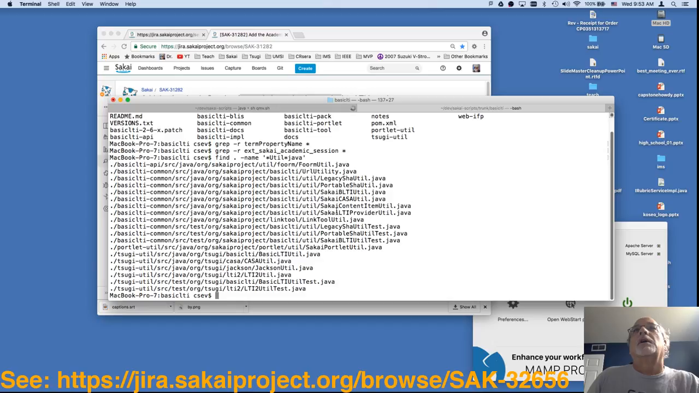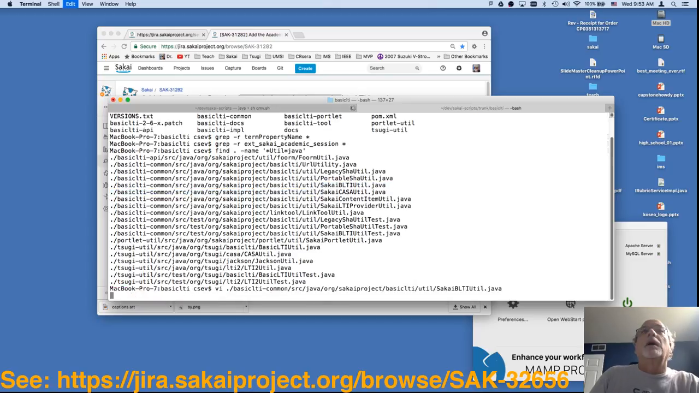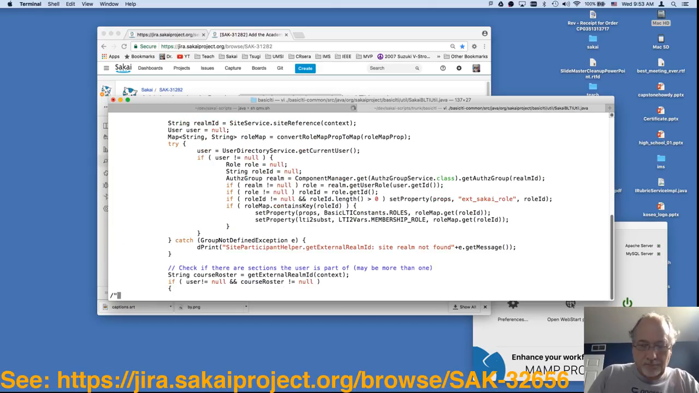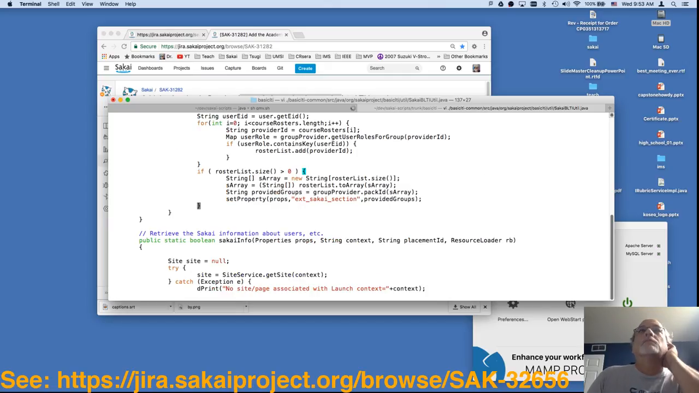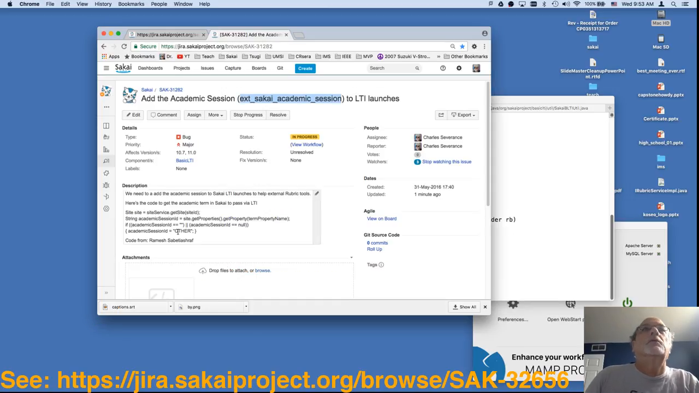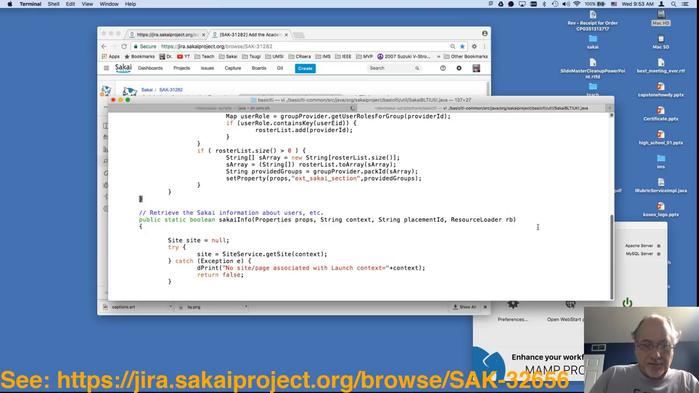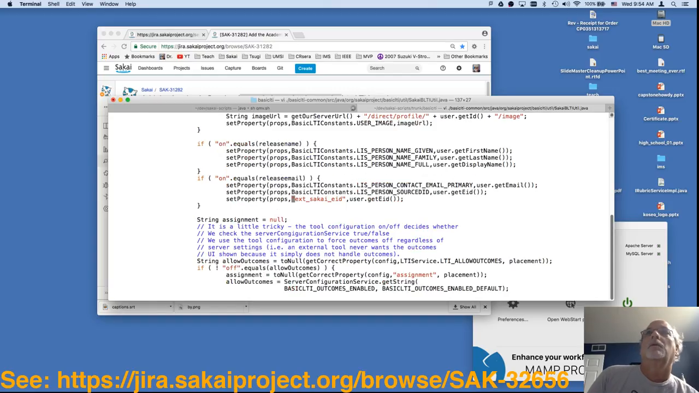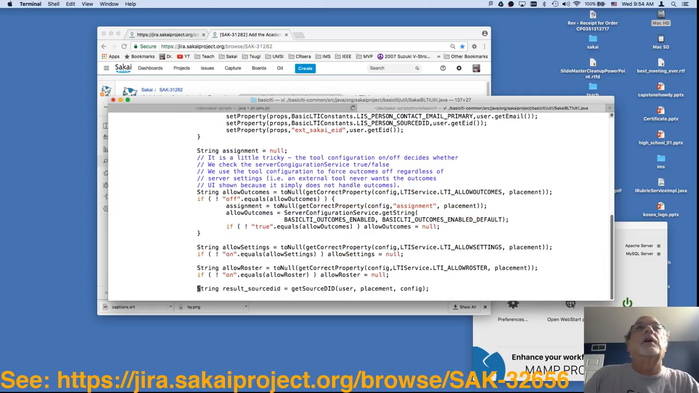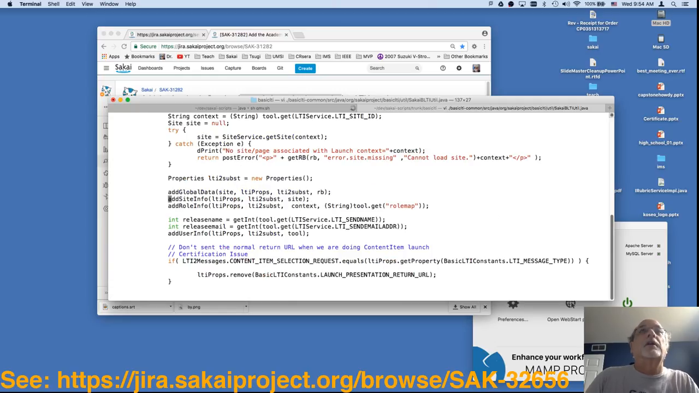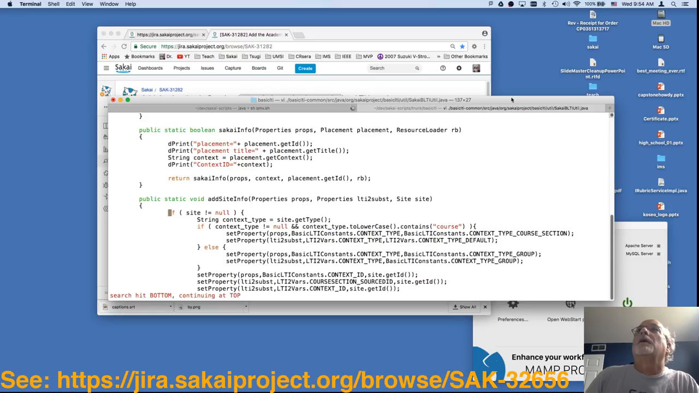So, Sakai here, I think is what we got. Role info. What is this? This is site. Yeah. There's a placement info. Site info. And site info. This feels like site info to me. I got stuff in here that